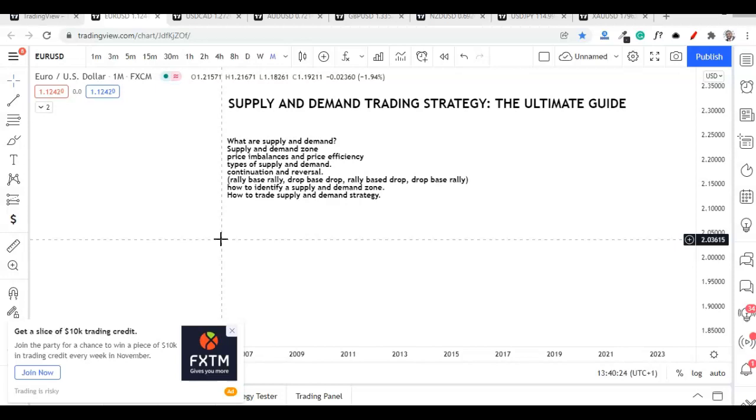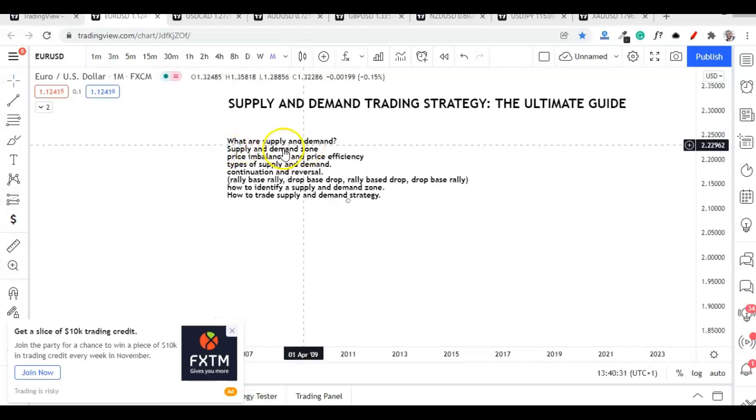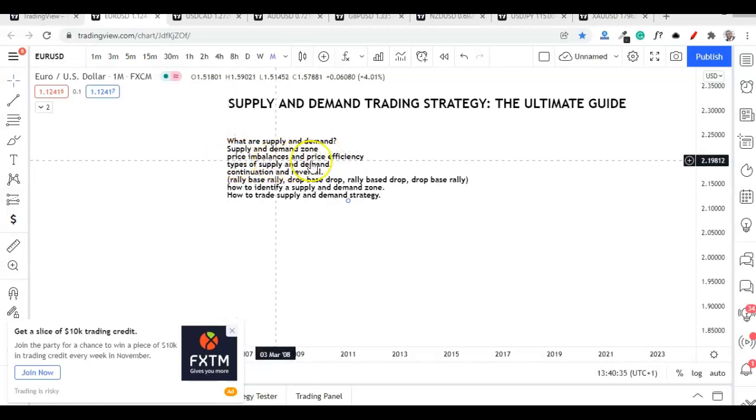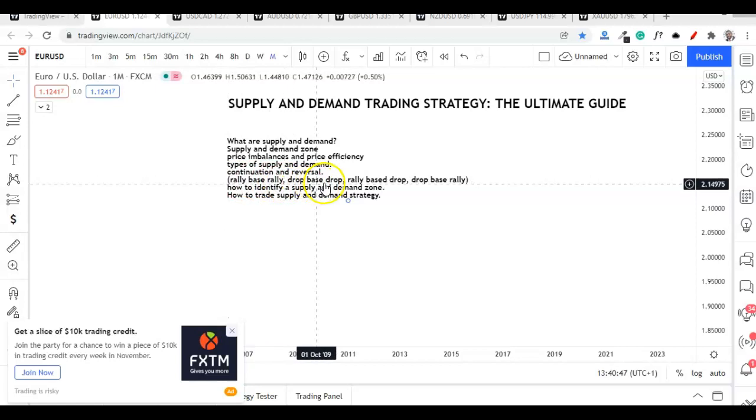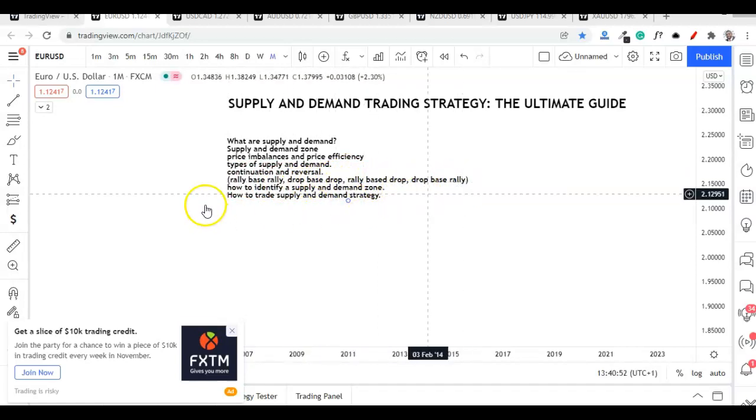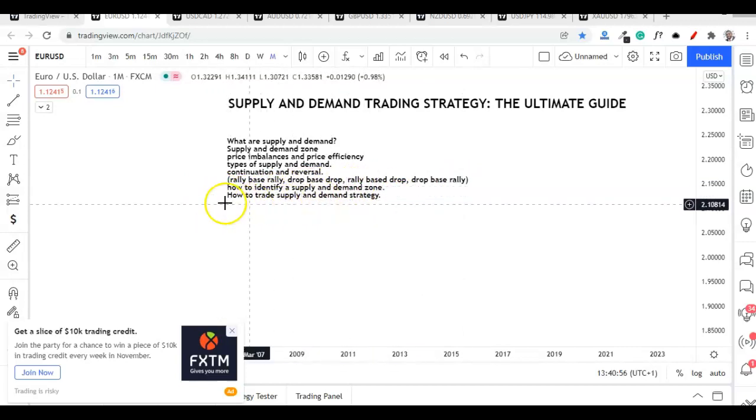Supply and demand trading strategy, the ultimate guide, all you need to know about supply and demand. In this video we are going to look at what supply and demand zones are, price imbalances and price efficiency, types of supply and demand, continuation and reversal, which are the types: rally base rally, drop base drop, rally base drop, drop base rally. And also we are going to look at how to identify a supply and demand zone and how to trade